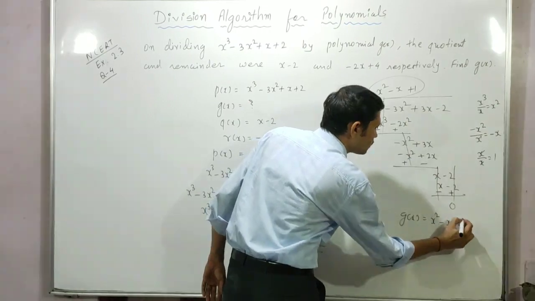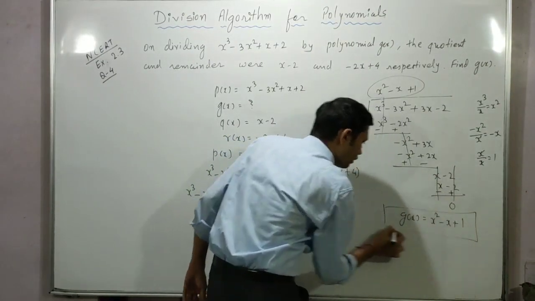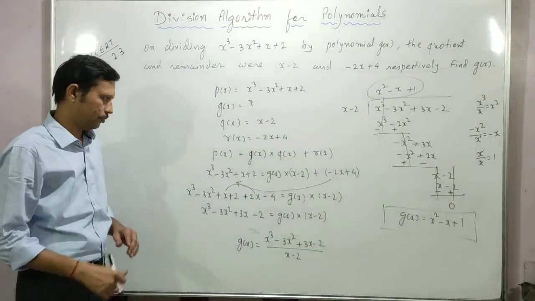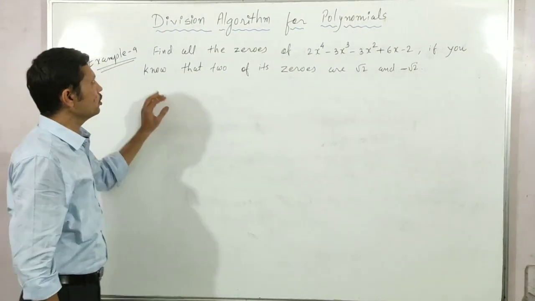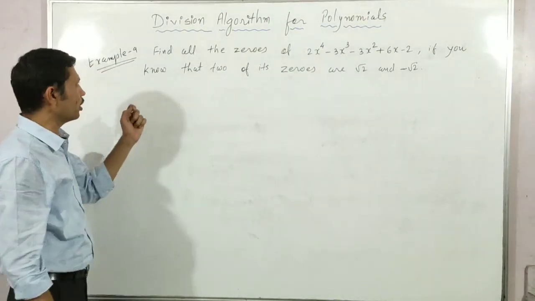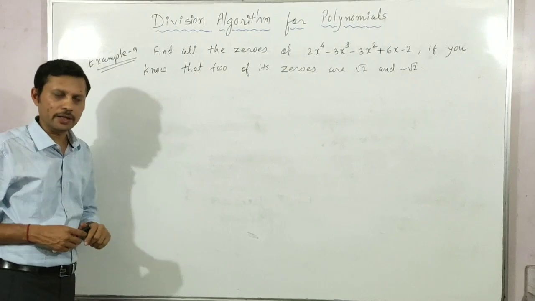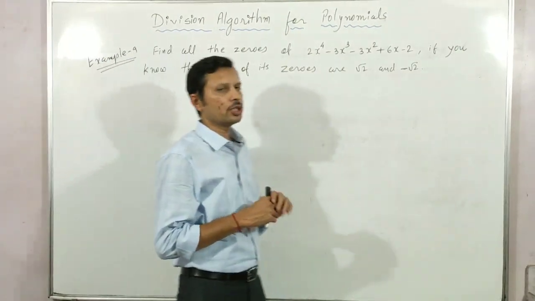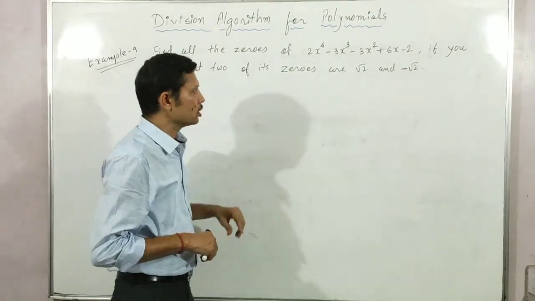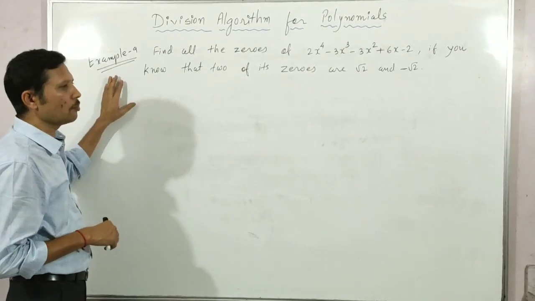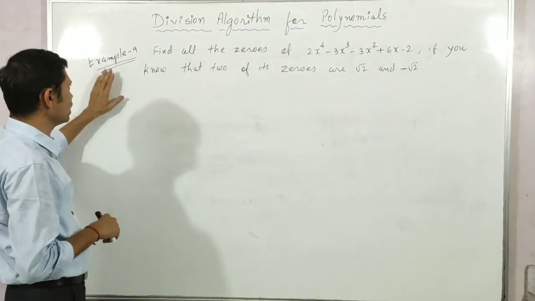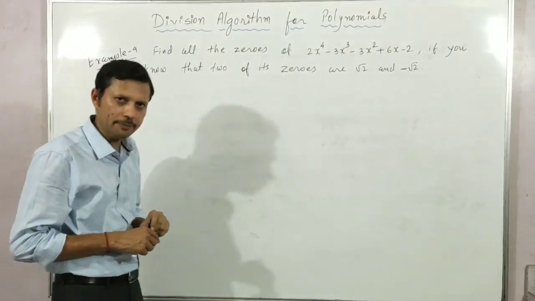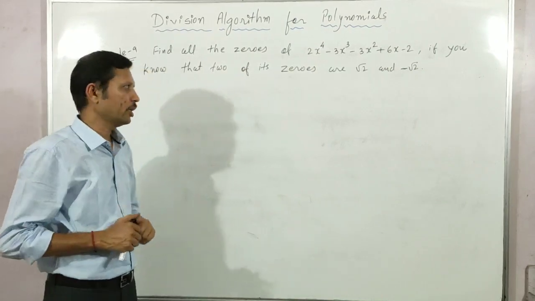X square minus x plus 1. Understood बच्चों? Okay बच्चों. Now डिवीजन एल्गोरिथम में एक और अलग टाइप का क्वेश्चन हम डिस्कस करने जा रहे हैं. इस टाइप के अलग अलग 2-3 क्वेश्चन हमारे टेक्स्ट बुक में गिवन है. सबसे पहले हमारे पास एक सॉल्व्ड एग्जांपल जो हमारे पास टेक्स्ट बुक में एनसीईआरटी में गिवन है उसको हम डिस्कस करने जा रहे हैं. इसको ध्यान से समझिएगा, राइट.